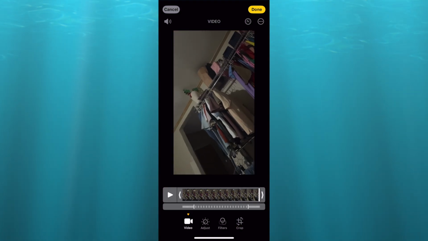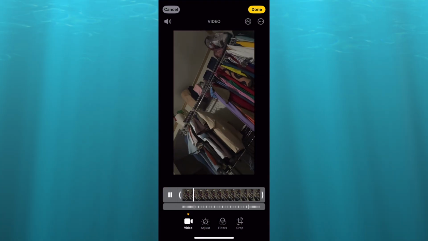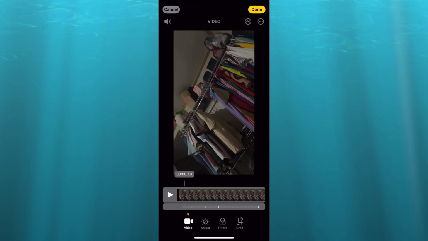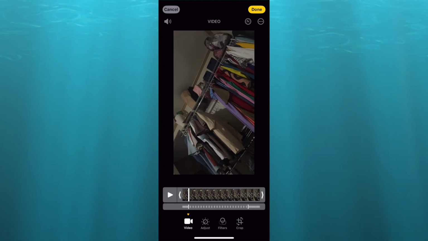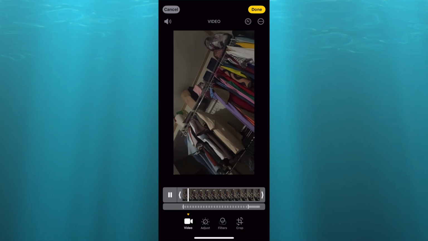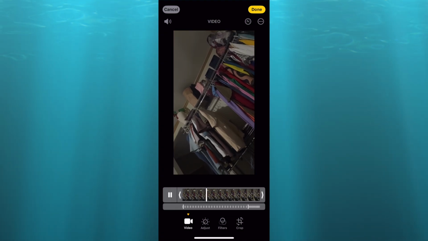And you can adjust the sections that you would like to be in slow motion by simply pulling along the slider at the bottom. So for example, if I were to tap on play now, you can see that the first part of the video is not in slow motion. If it is the first part alone you'd like to be in slow motion, you can simply pull the slider at the bottom to the first part of the video. Then I could tap on play now, so I could carry it all the way to the front. Then if I were to tap on play, you can see that it starts right there,